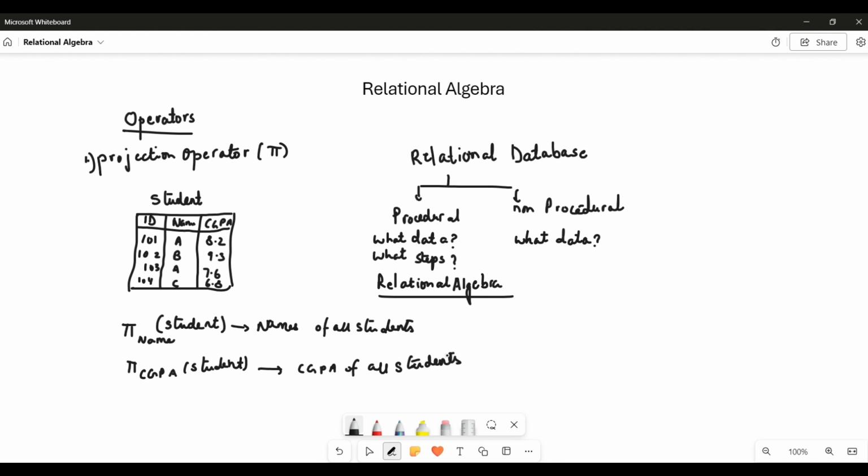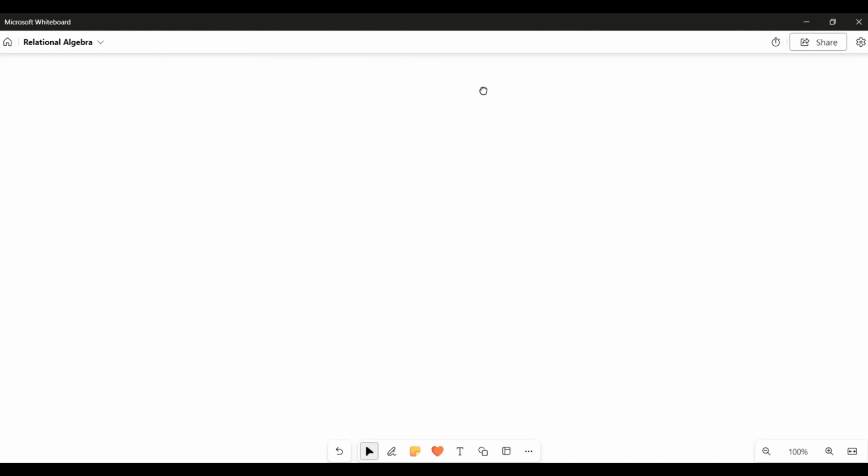So what are we writing here? In the subscript we are writing the attribute which we want to view, and here we are writing the name of the table. So this is the general way we write the projection operator. Now going to the next operator, the second one is